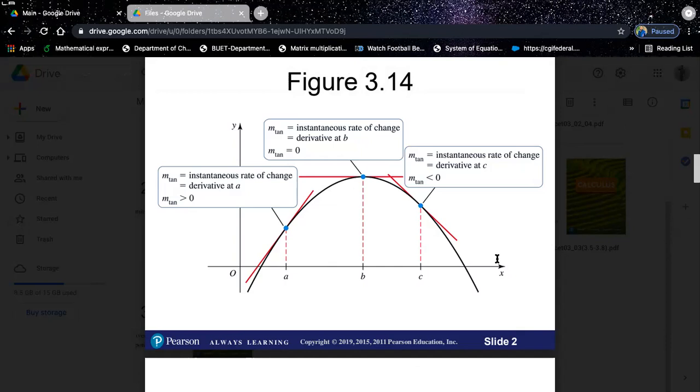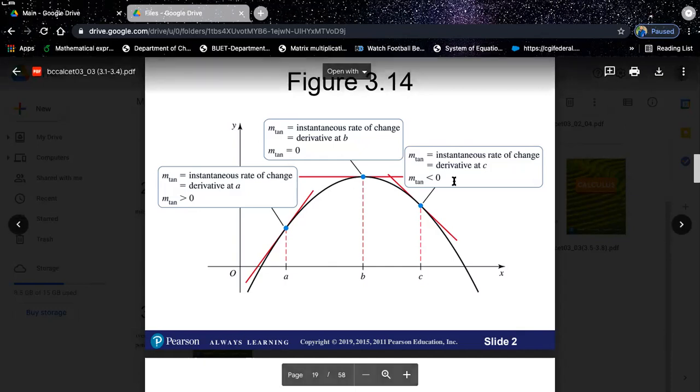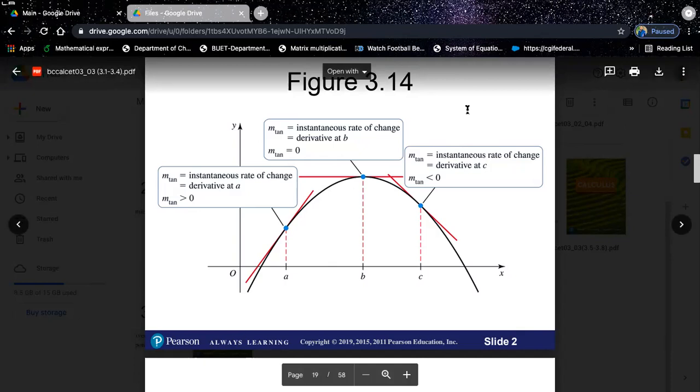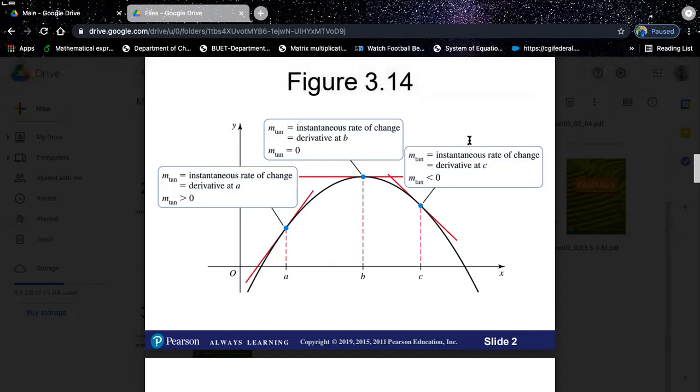So if you see a graph, and obviously if you try to draw a tangent line which goes straight into the x-axis, I mean, when you draw a tangent line, if you can extend it, you see that it goes straight into the x-axis. That means it's creating a 90-degree angle. Then we say the derivative does not exist at that point. Okay, that means there is no